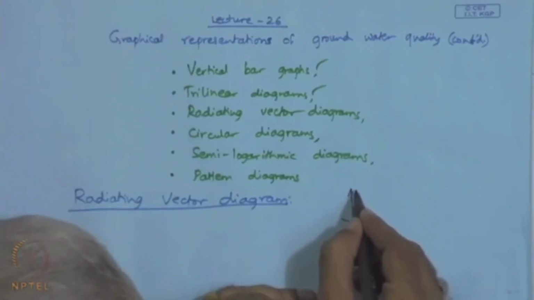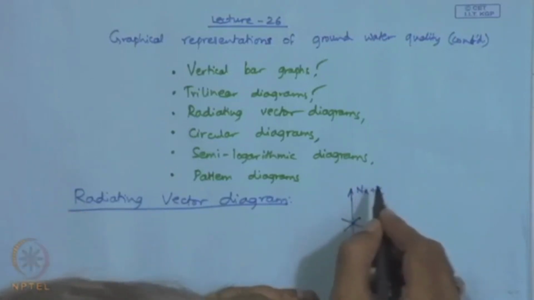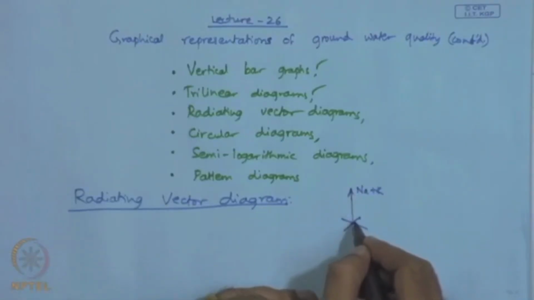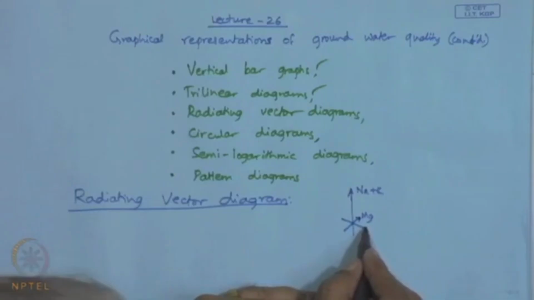Always the vertical line represents the sodium plus potassium concentration, and the length of each of these lines is proportional to the concentration. The next, the 60-degree line from the vertical represents the magnesium concentration. Similarly, the length of the